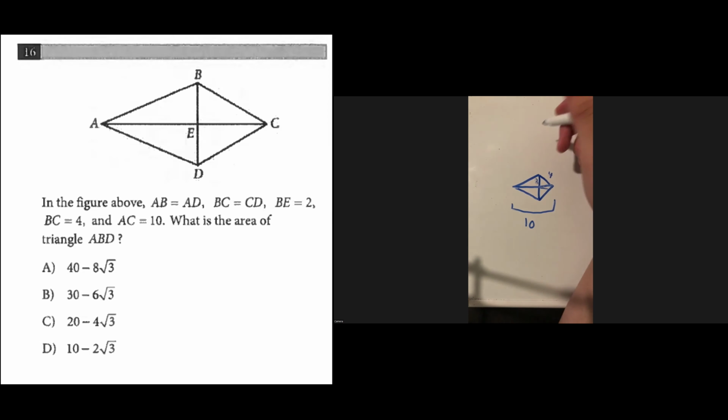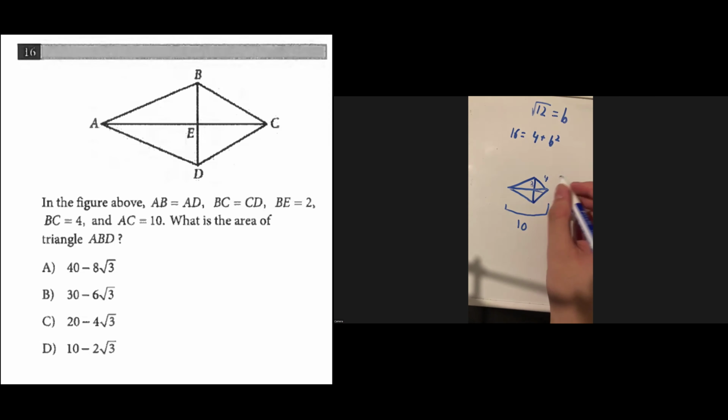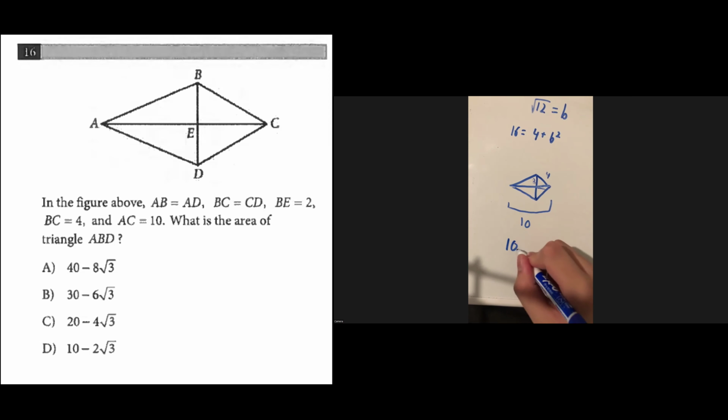And so to find that, first let's find out this missing side here. So there's just a squared plus b squared equals c squared. So 4 squared is 16 equals 2 squared, which is 4, plus the last side, which should be b squared. So 16 minus 4 is 12. Square root of 12 is equal to b. So this side length in this triangle is root 12. So if this total is 10, the length from here to E would just be 10 minus this length from E to C, which would just be root 12. So 10 minus root 12